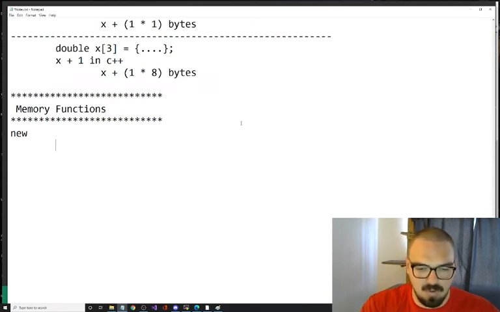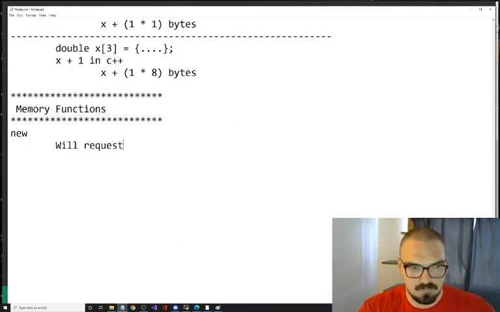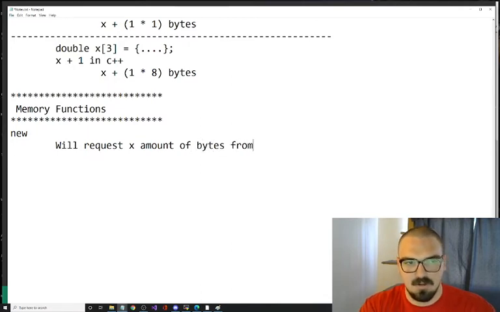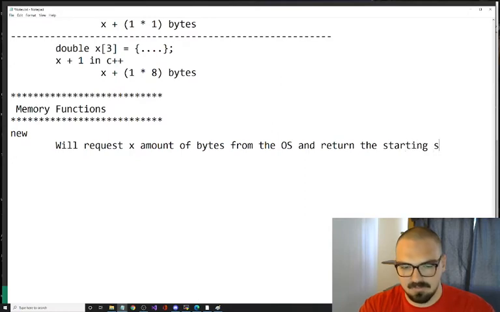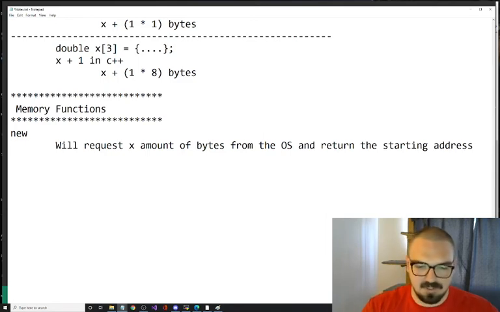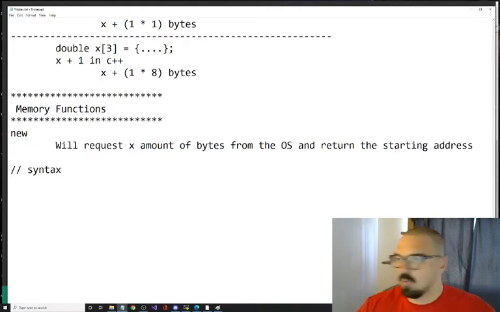So how do we use that? Well, what does it do? Well, it will request X amount of bytes from the OS and return the starting address. Okay? So we need a type. So if we're going to do some syntax here, if we want to request memory for a single variable, it's going to look like this.